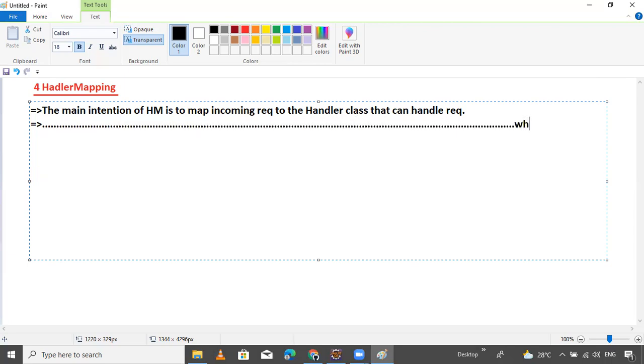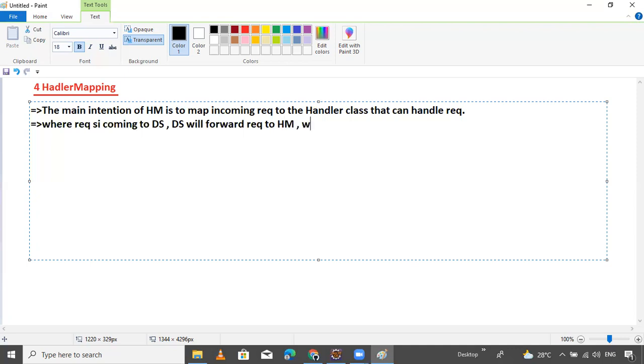Where is the request coming? Suppose the request is coming to the dispatcher servlet, then the dispatcher servlet will forward the request to the handler mapping.